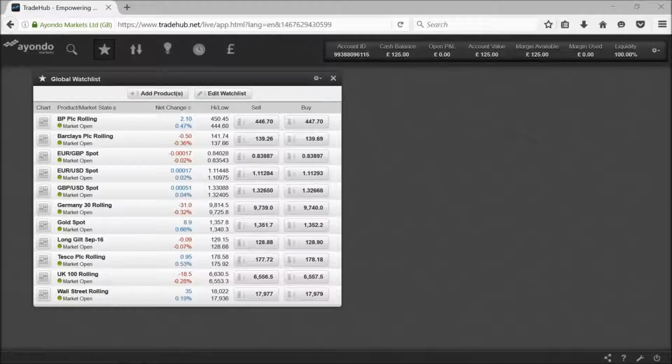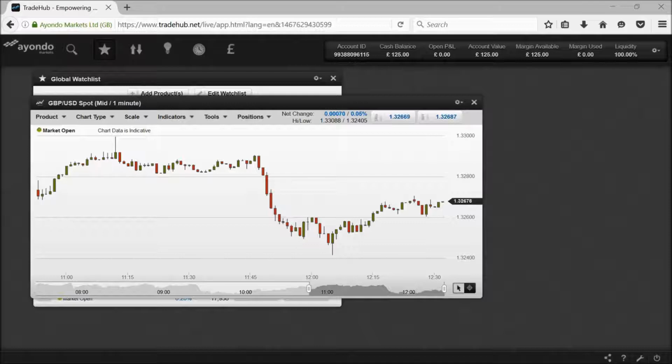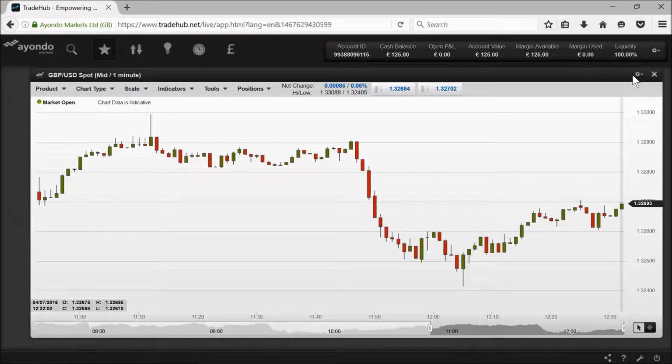Here we go. So the platform I'm using is Aondo's Trade Hub. I've got just a nice simple watch list up that will help me flick through some of the charts. So let's start off. Clearly the pound has been in focus an awful lot. Let's take a look at the pound. I think it's something of a mixed picture for the pound after those moves that we saw. When we looked at this last week, this time last Monday, I was saying the 132-ish area was a big one, because that's where the pound had fallen when we had that shock referendum result